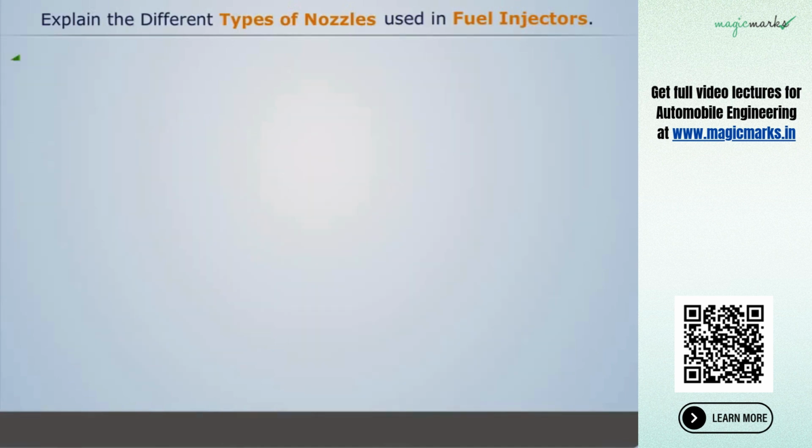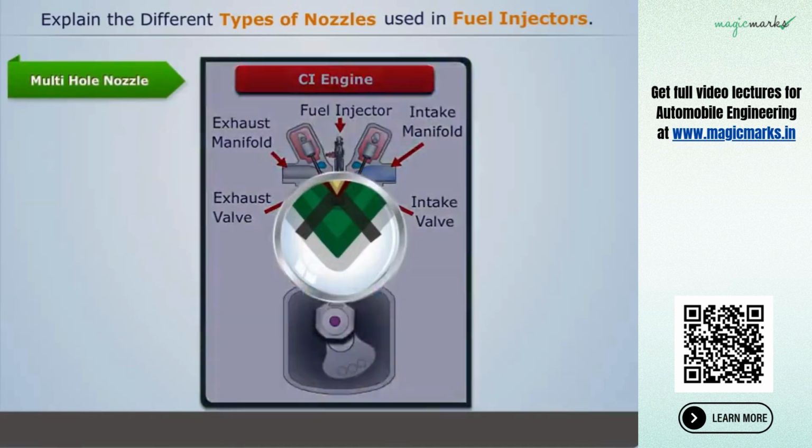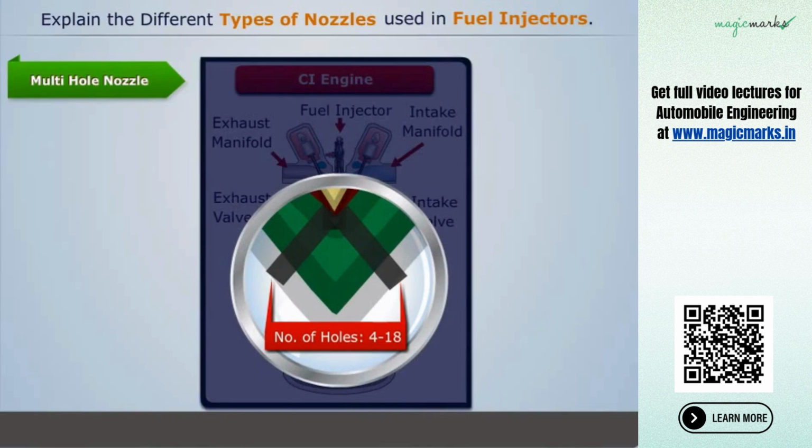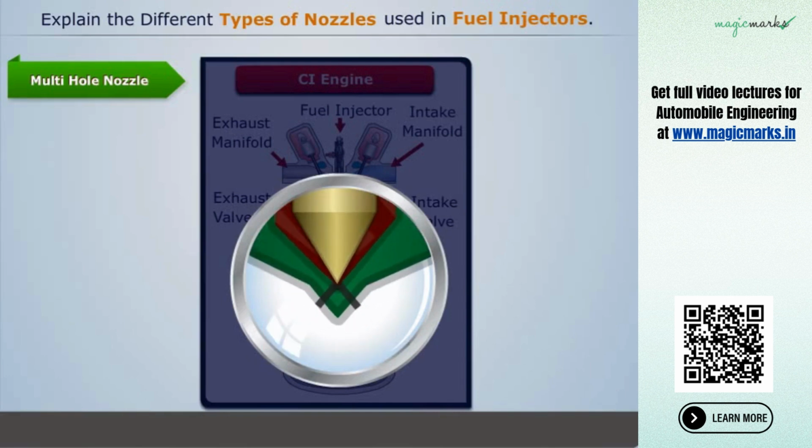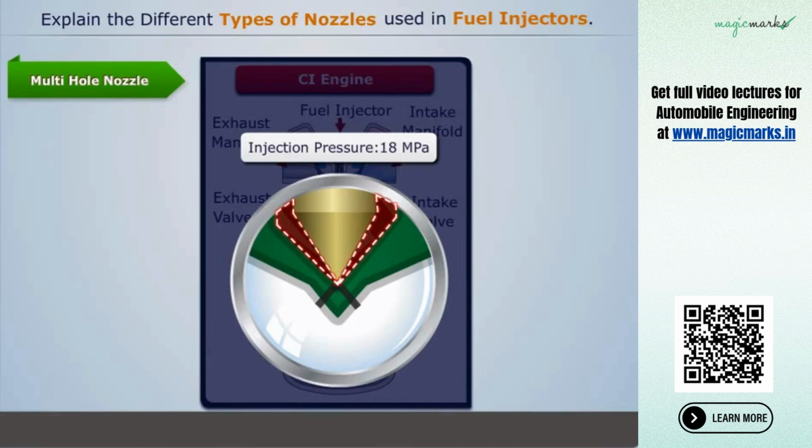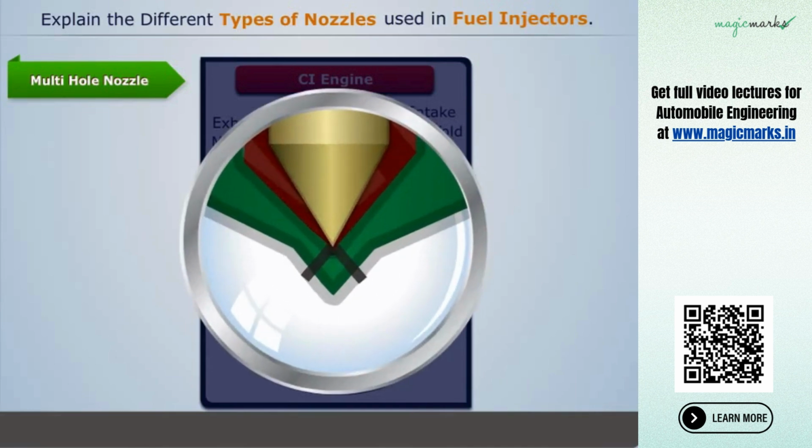Now let's discuss the multi-hole nozzle. Here, around 4 to 18 holes of the order of 35 to 200 mm are evenly provided in the nozzle body. Injection pressure of these nozzles is very high, around 18 megapascal, and the spray cone angle of each individual hole is